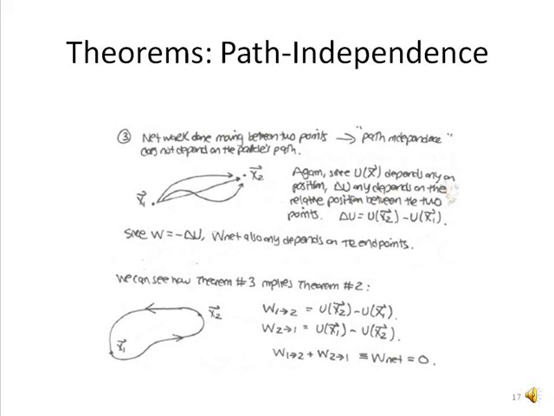1/2 kx squared equals 1/2 mv squared. We rearrange, and then we have an expression where the final speed is proportional to the distance at which the spring was compressed. The constant of proportionality is related to k, the spring constant, and the mass.